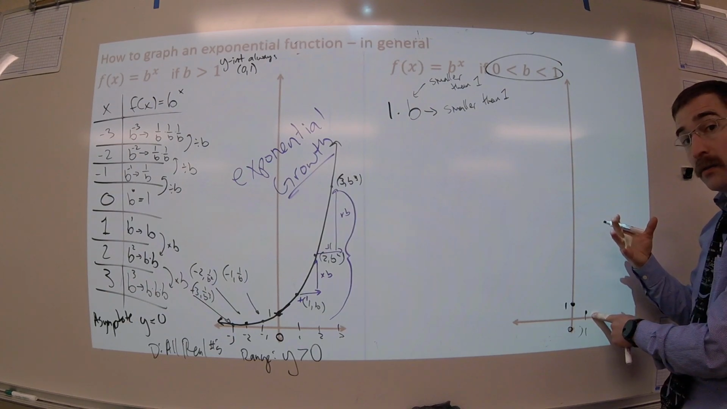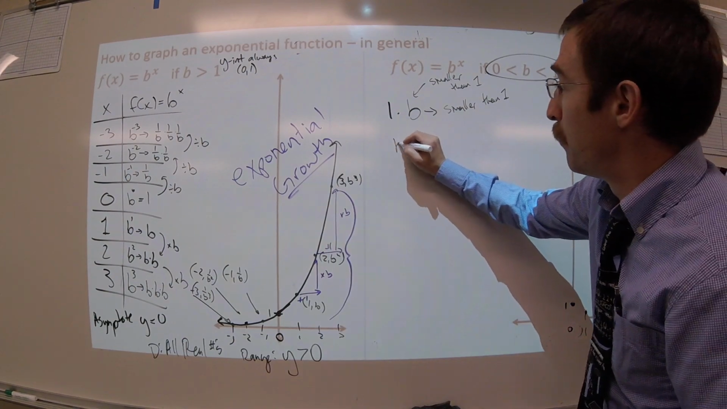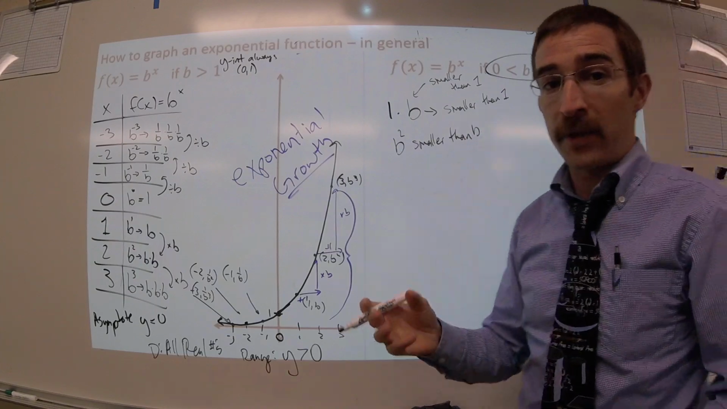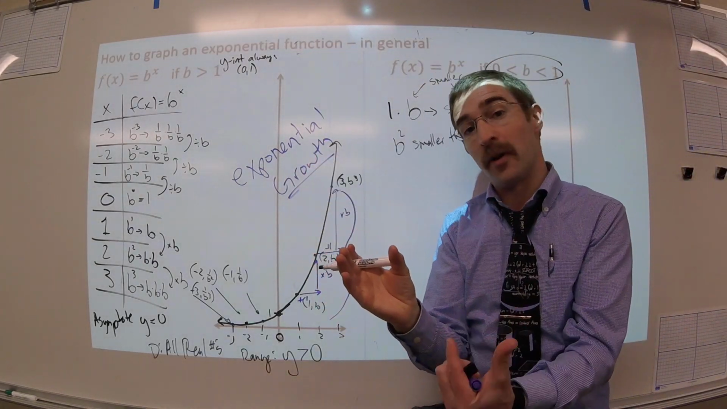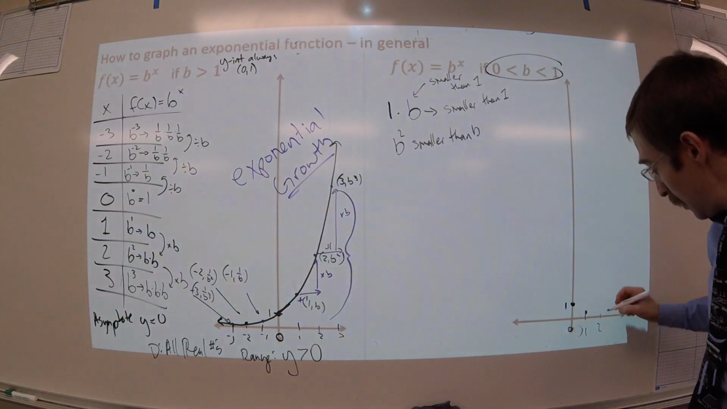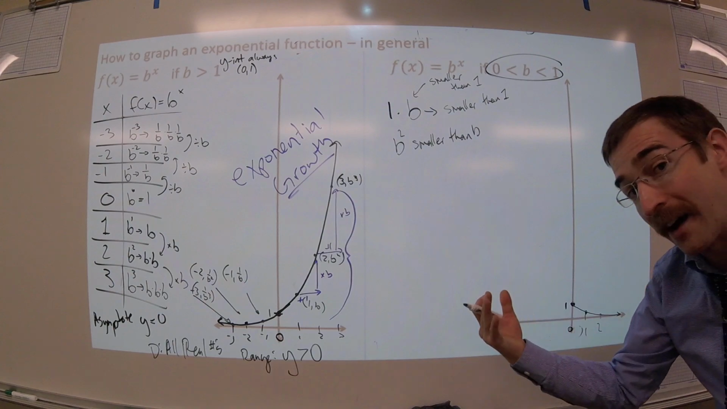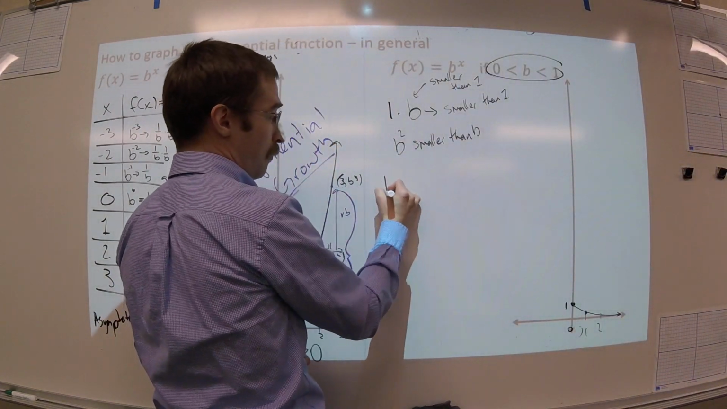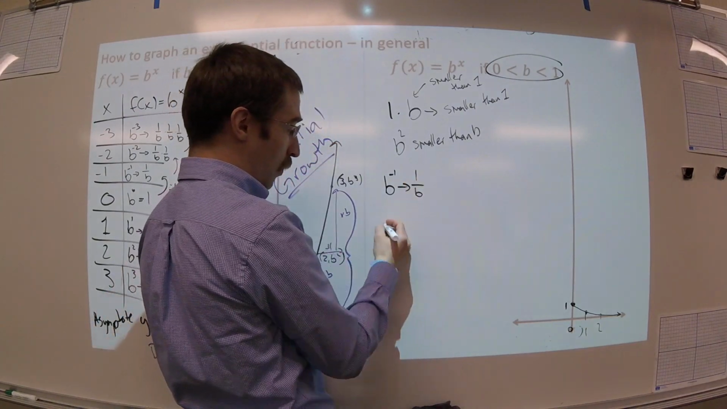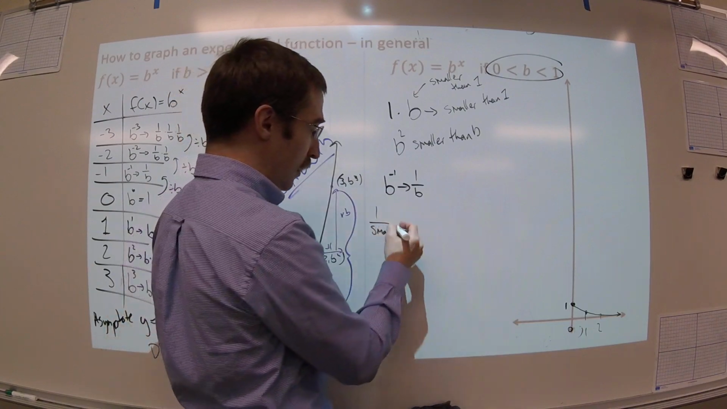then b to the 1 is a number smaller than 1, so it's down here. And then when x is 2, b squared is going to be smaller than b, because I'm taking a number and multiplying it by something smaller than 1. Like if I take a number and multiply it by a third, it's a third the size that it used to be. So here we're approaching 0 on this side, just like we were with that 1/2 to the x. And if I take b to the negative 1, that's 1 divided by b. If I go 1 divided by something smaller than 1, this is going to be